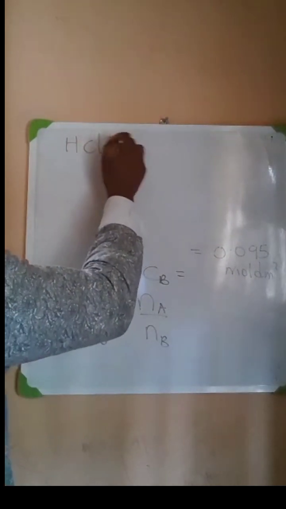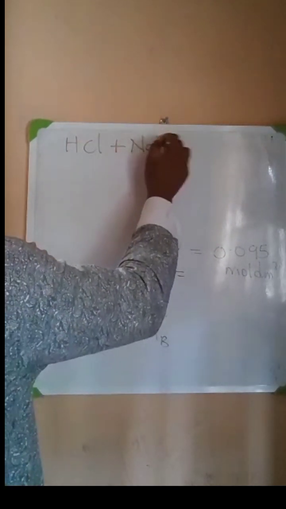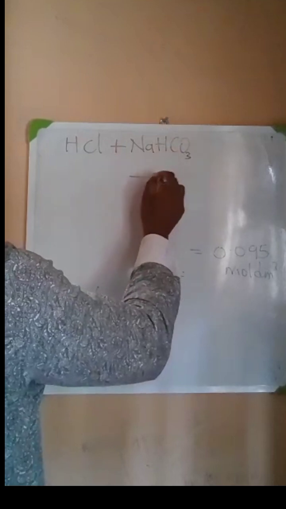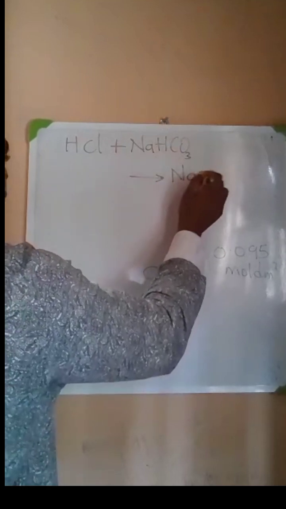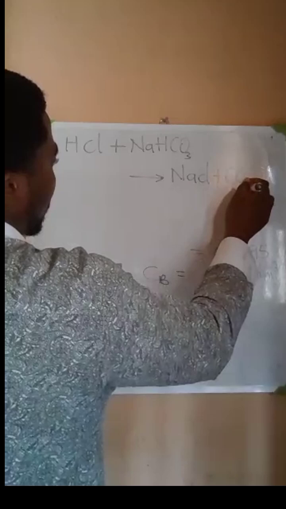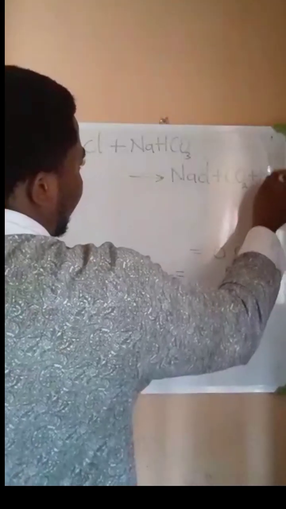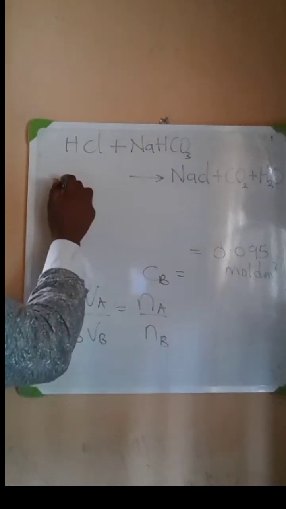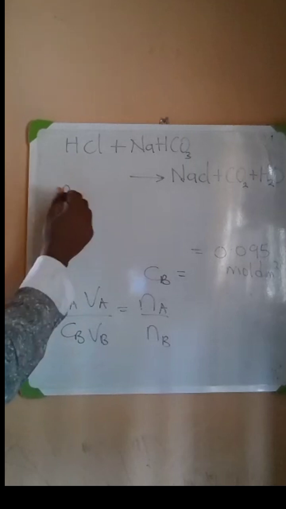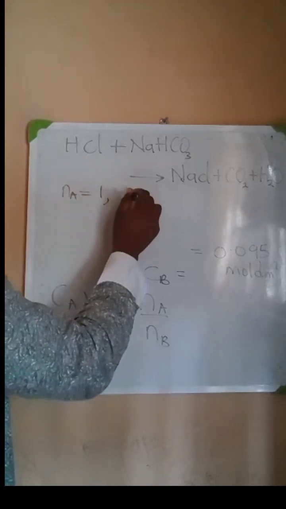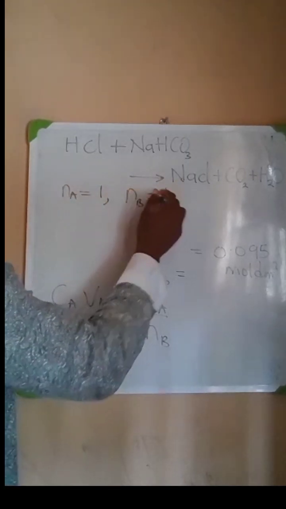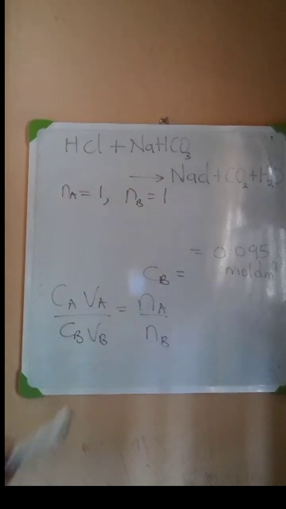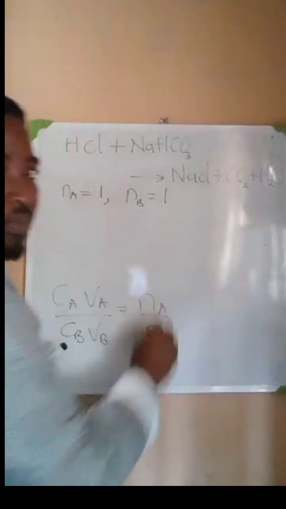So the equation of the reaction involving hydrochloric acid and sodium trioxocarbonate(IV) is giving us this. When this reacts with this, it will give you a salt, that's sodium chloride, plus carbon(IV) oxide plus water. So the equation is balanced. If you check very well, it is already balanced. That means the number of moles of acid that reacted, which is the coefficient of HCl here, is 1. That of the base is also 1. So when we substitute in the titration equation,